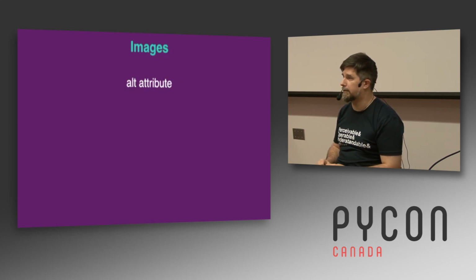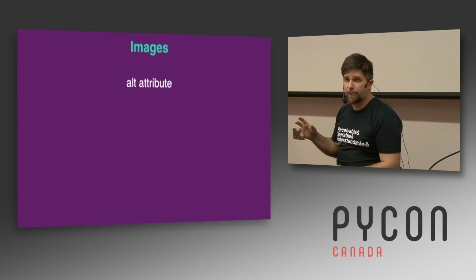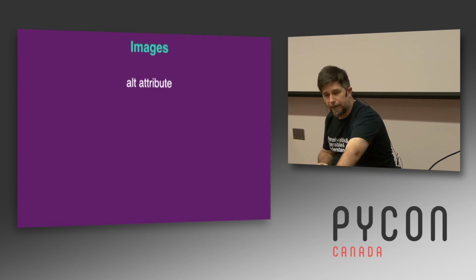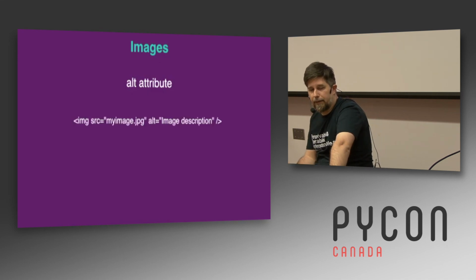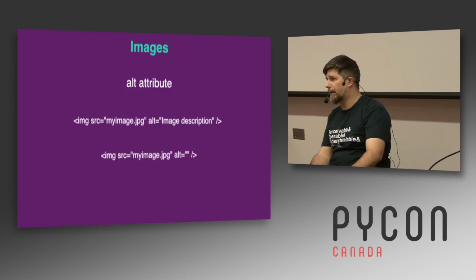Another fun fact about the alt attribute, Sir Tim Berners-Lee said when it was first proposed that he did not want that. He wanted to use figure captions to deliver that information. And strangely enough, we now have figcaption in HTML5. So the alt attribute, we're talking about putting the image tag, the source, and then the image description in the alt attribute. But sometimes you want to have an empty alt attribute